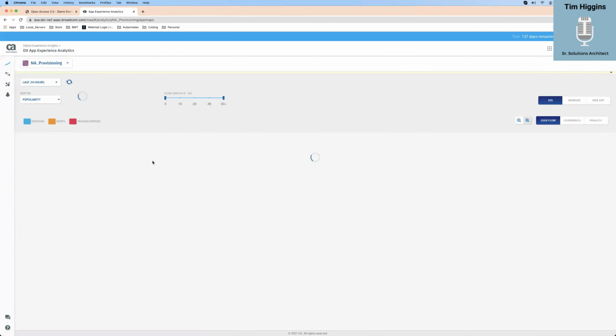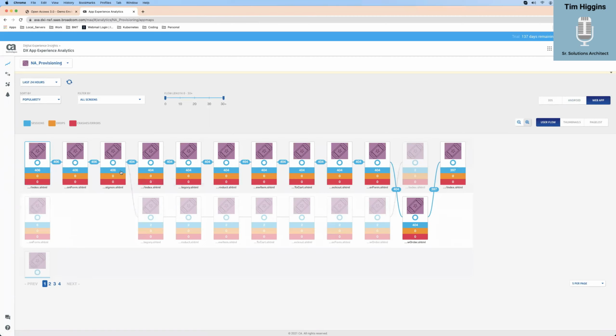Now, the app screens, I really love. If the end user is using an iOS or an Android or a web, let me click on those. And then what you should see is a flow of your application. Now, I don't have mine completely implemented correctly. Well, it is correct, it's not fully. So you're not getting the video, the images.